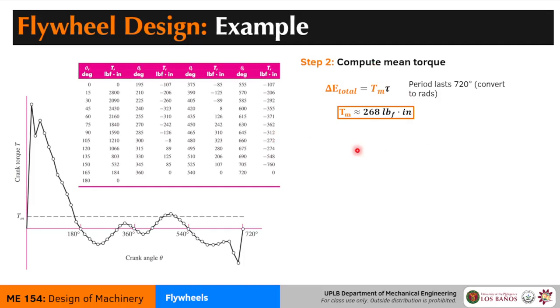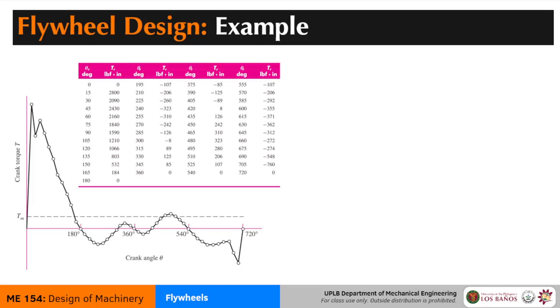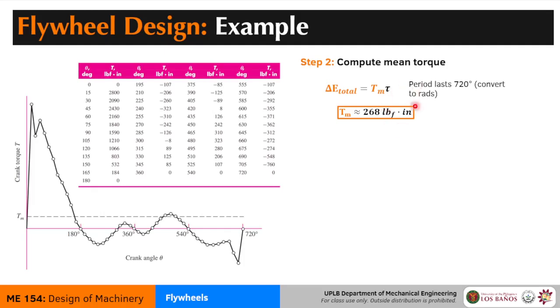Here's a reminder, since we're in British units, typically torque will be the unit force times the radial arm. So in that order, force and then the unit for the radial arm. For kinetic energy, the unit is the distance times the force. So it's kind of a swap. Keep that in mind because that order will determine what kind of quantity it is. So is it torque? Is it energy? You have to mind the order.